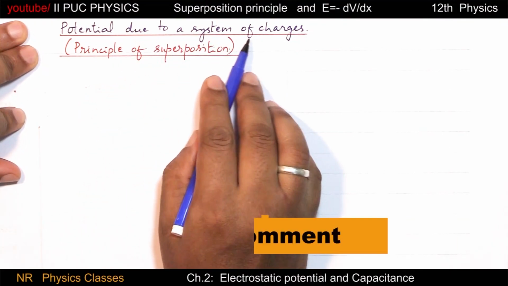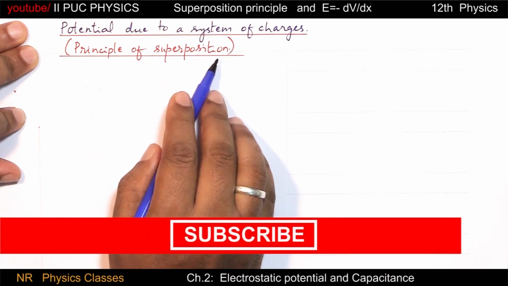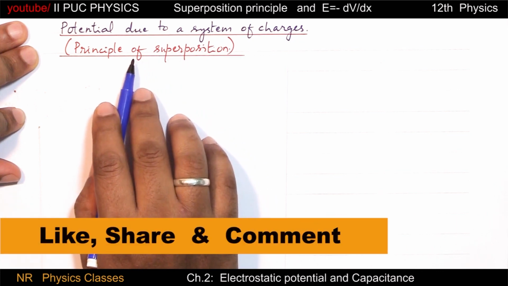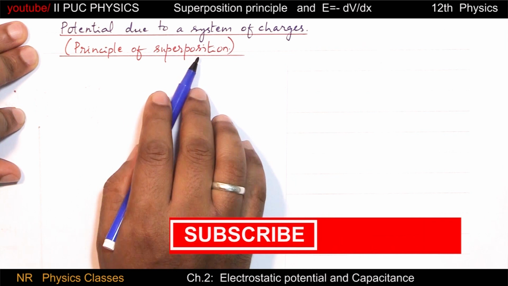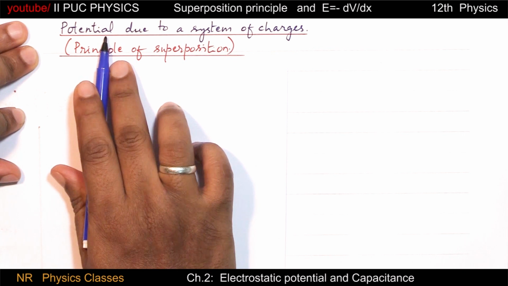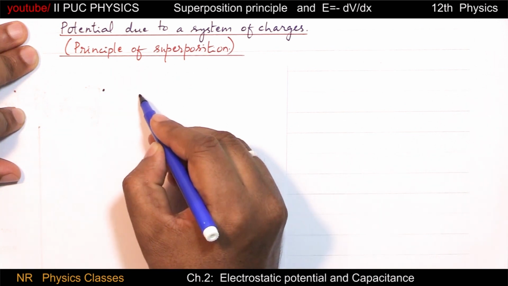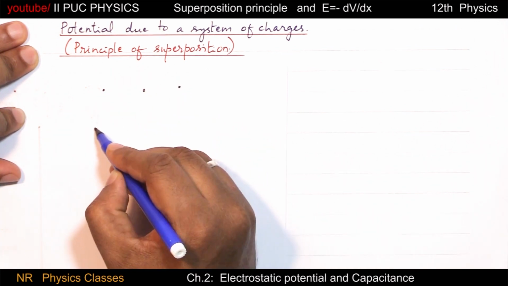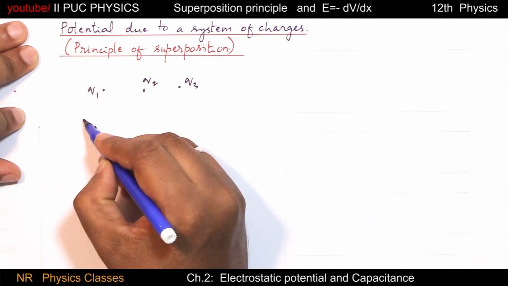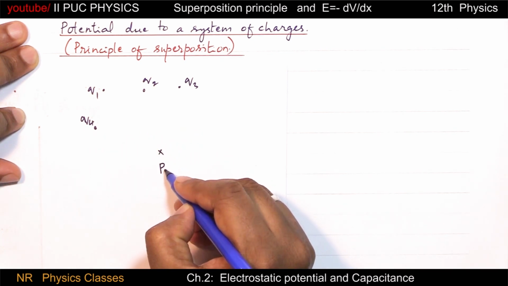Potential due to a system of charges, also called the principle of superposition. In first PUC, 11th standard physics, we have studied the principle of superposition of waves. Similarly here, we have the principle of superposition with respect to electrostatic potential. This principle says, if there are multiple charges like this, Q1, Q2, Q3, Q4, and we ask what is the electric potential at this point P,